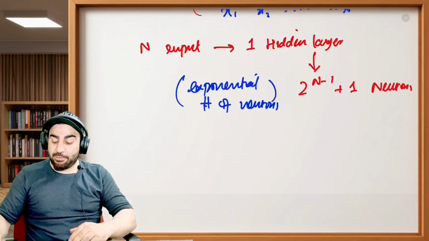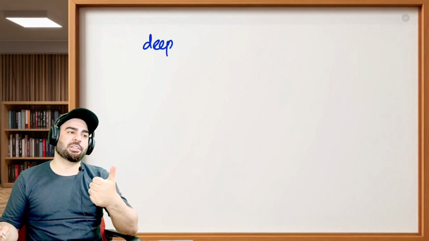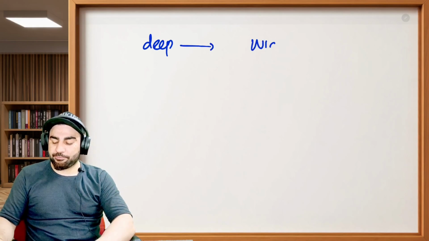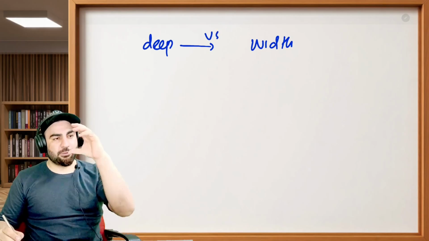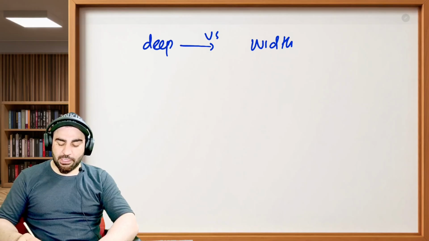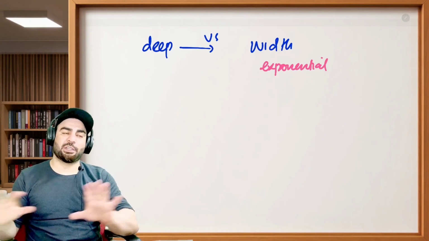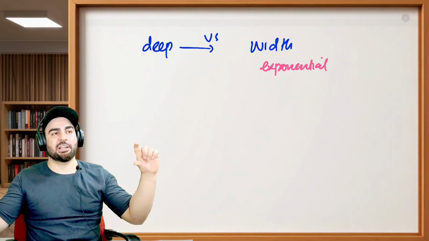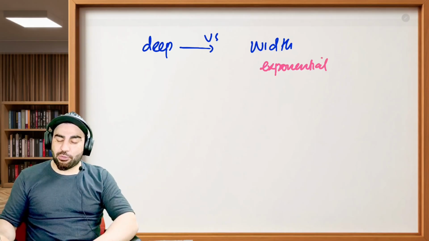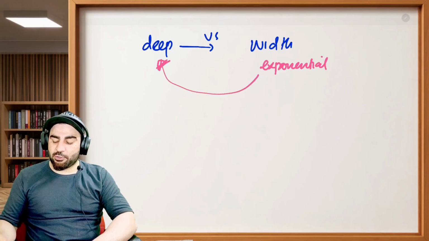So now we are going to deep networks. Why are we resorting to deep networks? We first want to look at whether we can use depth and trade it off with width. Can we somehow decrease the width and trade off with the depth, and can we go to linear? The width was exponential, and it is pretty hard to train, because it will use an exponential number of neurons to compute, and you will see how resource intensive it would be. So I want to see if I can make the network deep, so that I can go to a polynomial